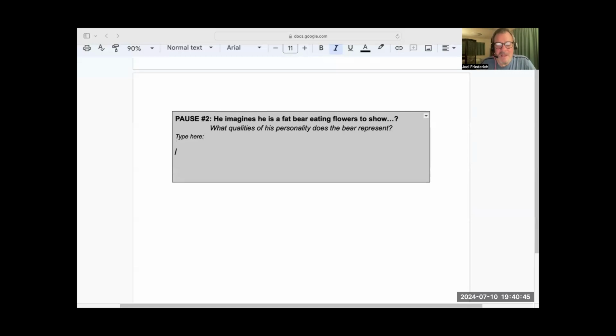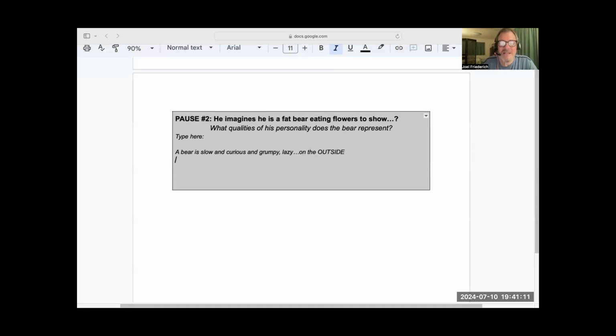Okay, I'm going to type, I think a bear is slow and curious and grumpy. Bears seem to be a little maybe angry. Lazy bears. I think that captures it. But that's on the outside. On the inside, though, I think Donald Hall chose a bear